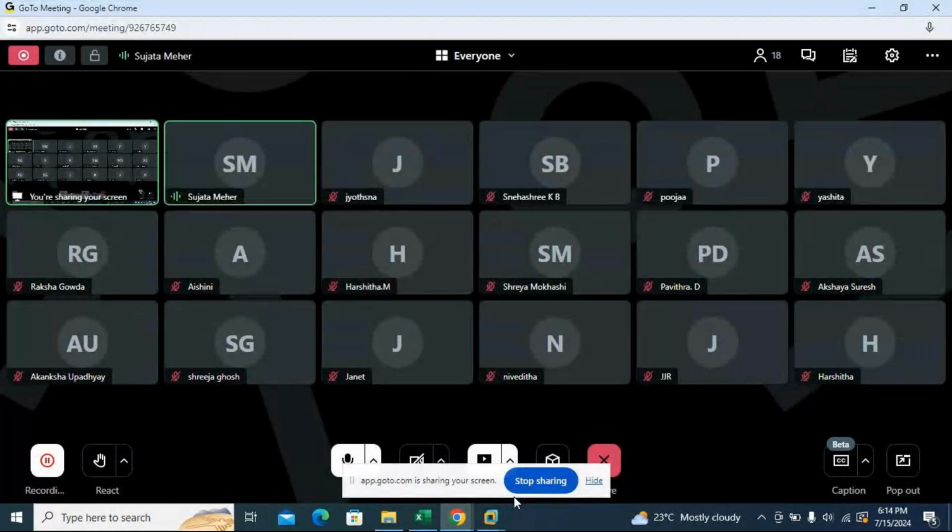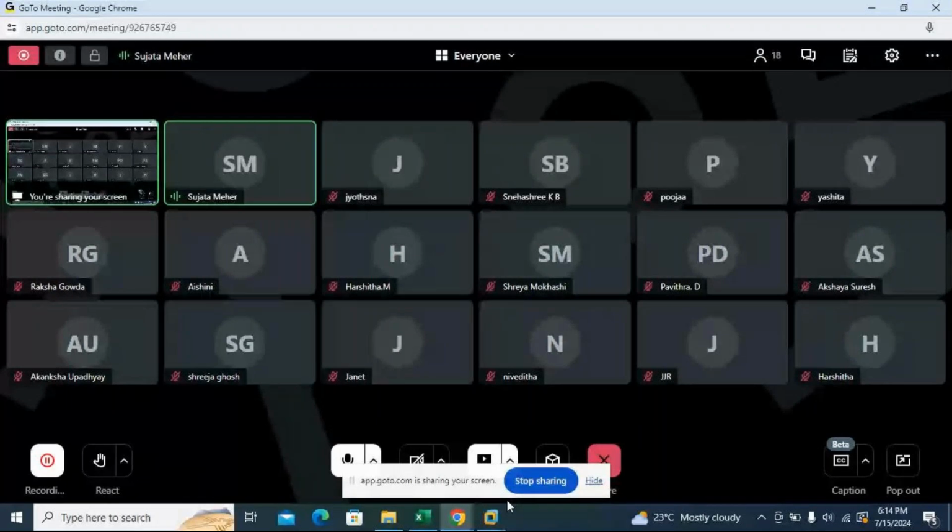Okay, so the screen is displaying SAP Management Console.